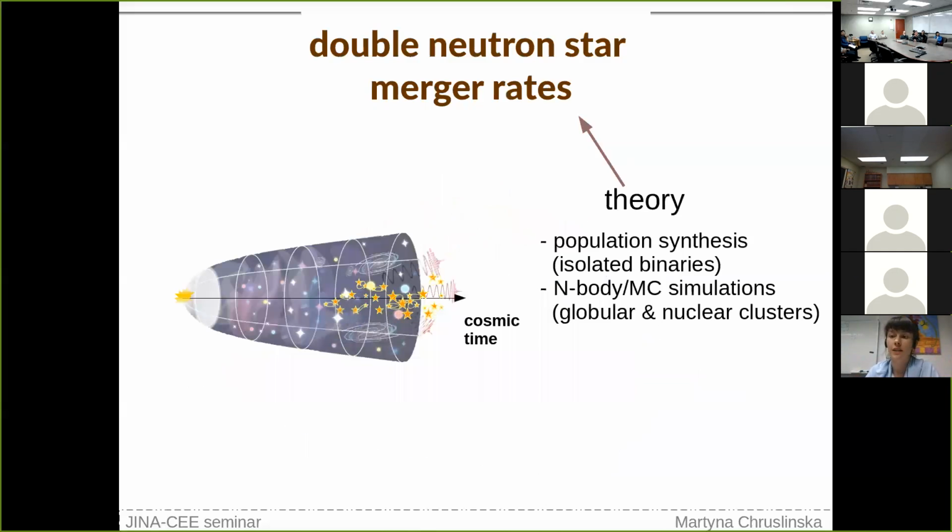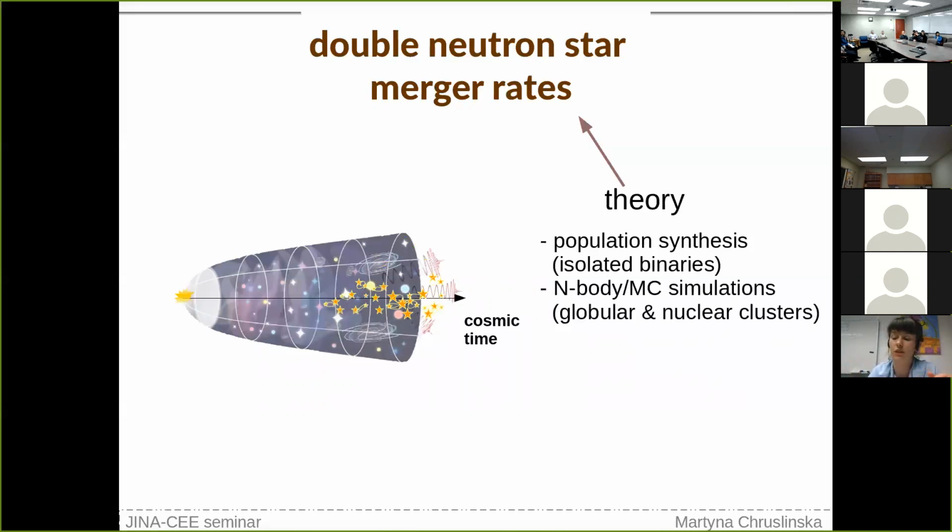And there are two essentially different formation channels through which we can form double neutron star systems. The first one is the isolated channel, where we have two stars in a binary that evolves without any dynamical interaction, so dynamical interactions can be neglected. And the other one does the reverse, focusing on globular and nuclear clusters where those dynamical interactions